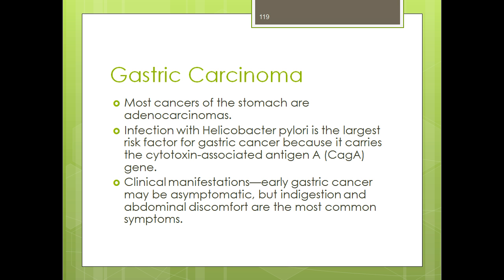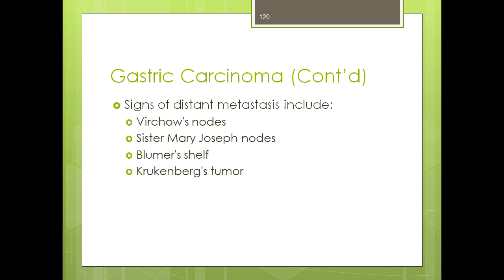Then, lastly, we can talk about gastric carcinoma, which means basically a person has cancer of the stomach. Infection with Helicobacter pylori is the large risk factor for gastric cancer because it carries the cytotoxin-associated antigen A gene. Clinical manifestations are often asymptomatic, but indigestion and abdominal discomfort are the most common symptoms. Signs of distant metastasis include